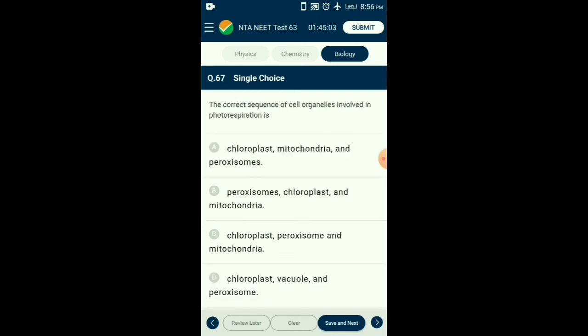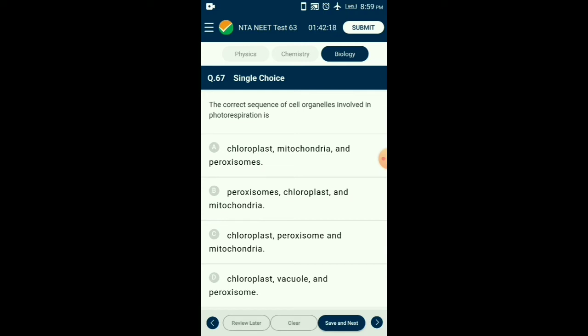Question number 67. The correct sequence of cell organelles involved in photorespiration is: Photorespiration is a light dependent process. Oxidation of ribulose bisphosphate and release of carbon dioxide by the photosynthetic organs of plants. It leads to oxidation of a considerable amount of photosynthetic products to carbon dioxide and H2O without the production of